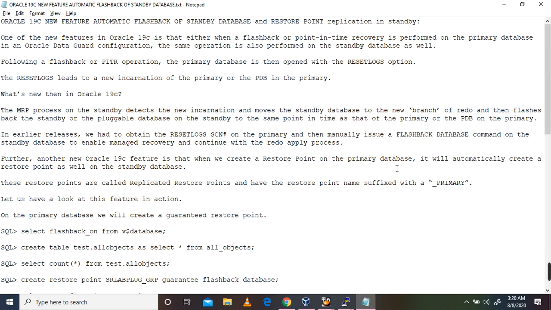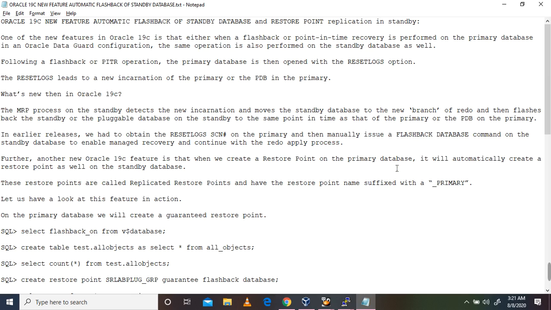The MRP process on the standby database detects the new incarnation, moves the standby database to the new branch of redo, and then flashes back the standby or the pluggable database on the standby to the same point in time as that of the primary or the PDB. In earlier releases, we had to obtain the RESETLOGS SCN number from the primary, then manually issue the flashback database command on the standby database, enable managed recovery, and continue with the redo apply process.